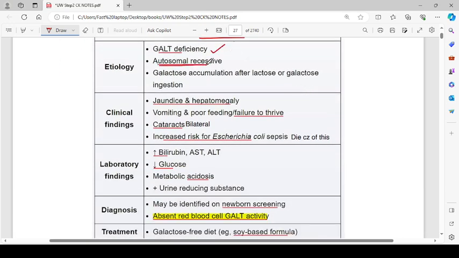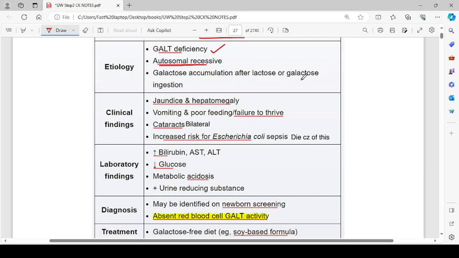It is autosomal recessive. Actually, right now we are in the domain of biochemistry, and we are trying to get our hands on the genetic disorders. Most of the genetic disorders are autosomal recessive, right? Autosomal dominant disorders are very rare to find. So whenever you find one, just keep in mind that that particular disorder is autosomal dominant. Otherwise, most of the disorders are recessive in nature, and this is in the domain of autosomal disorders. Then X-linked disorders are a separate class. So the etiology is autosomal recessive.